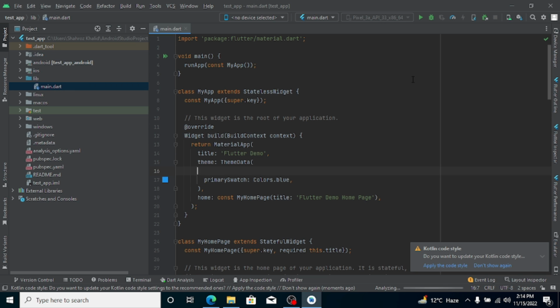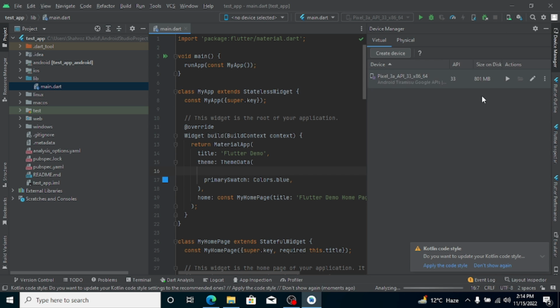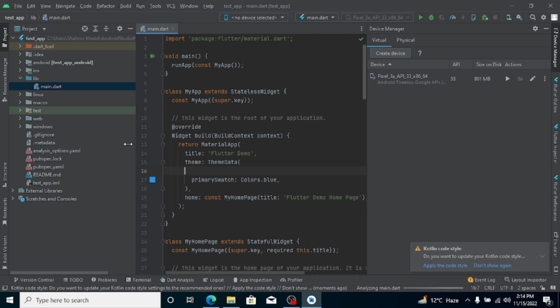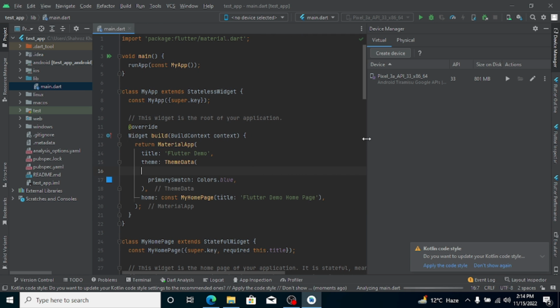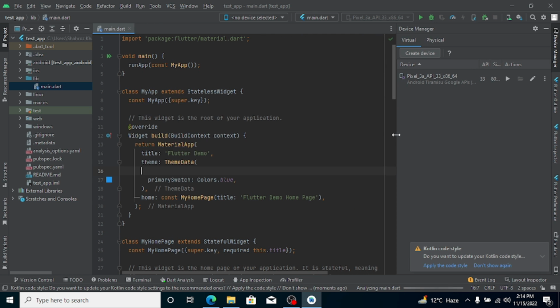Now the next process is going to be running our project on Emulator. So click on this device manager icon, and here you will see the Emulator. If you don't have a very good specs in your laptop, then you can also attach a mobile phone to run the applications with the help of a wire or data cable, and by enabling the developers mode in your mobile application. And just because we got this emulator, I will click on play,